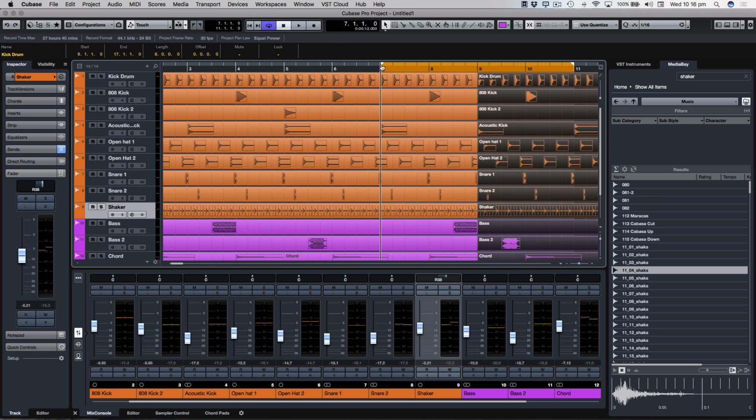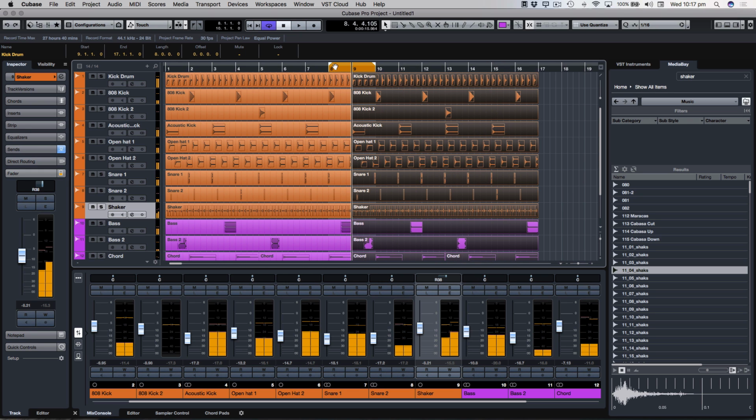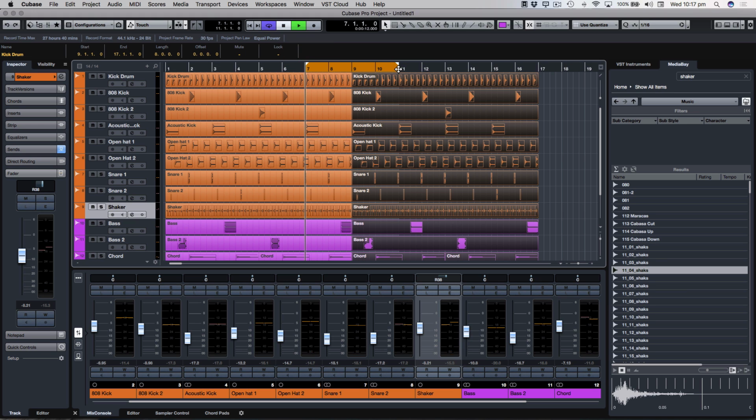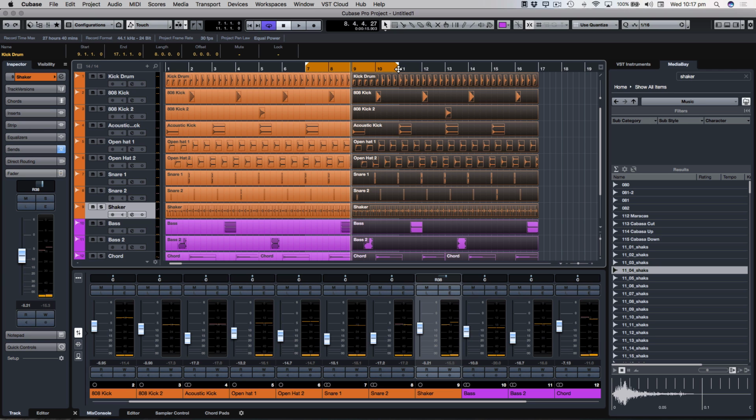Let's do 1 bar, which is swung, and then 1 bar, which is straight. All right, have a listen. Maybe you're not getting enough space to really groove with that a bit, so let's do these 2 bars. Here we go. Okay, I like both, but I just wanted to demonstrate that you can take all of your audio events and